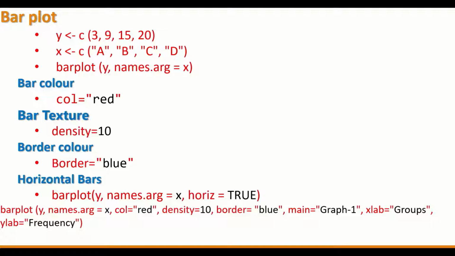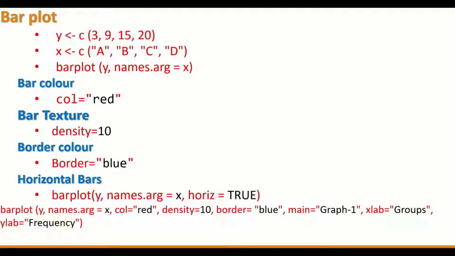At the end, I have inserted the full command to draw a bar chart in R statistics, label the bars with names, and change the color of the bars into red and the density into a value of 10 and the border to a color of blue,